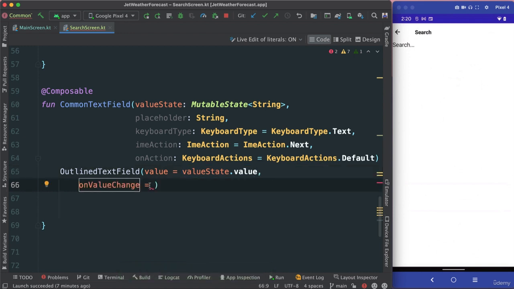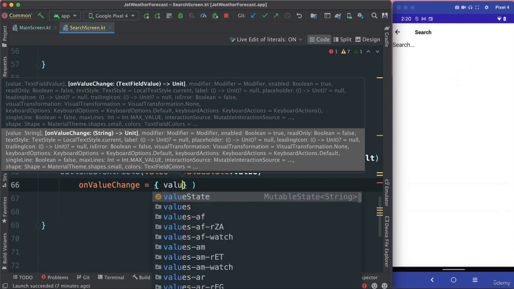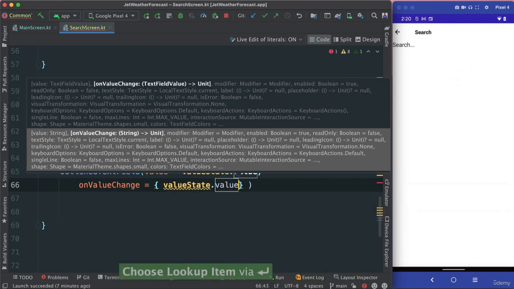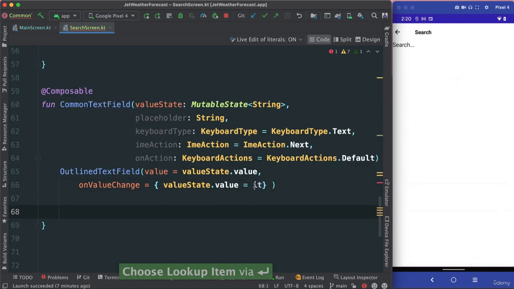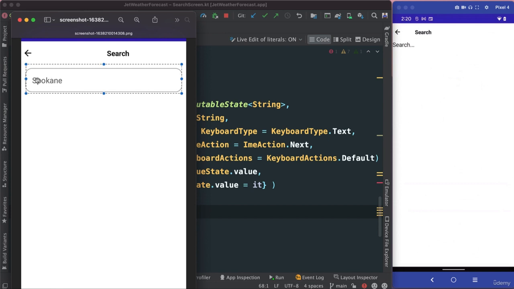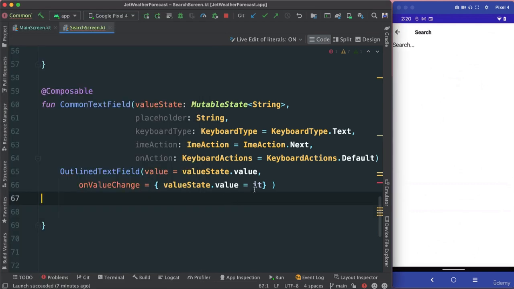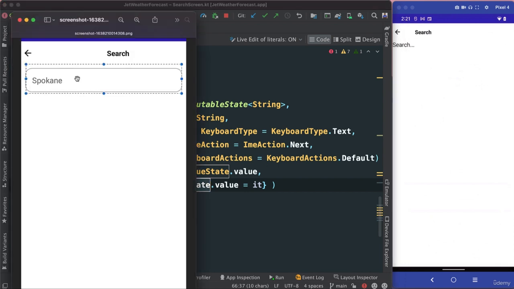And on value changed, right, it's a lambda. I'm going to say value state dot value, I'm going to set that to the changes that are coming from our text. So this is what we're doing here, is that whatever users have added in our text field, we are setting that into our value state value in this case, so that we have what is inside here,